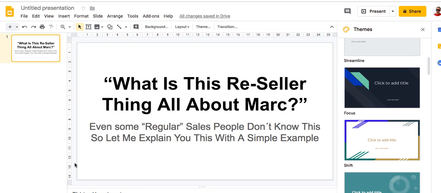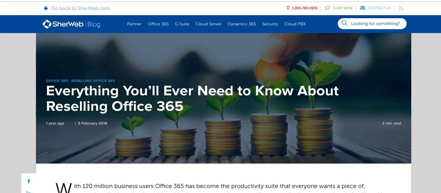So the reseller model is the most common business model when it comes to selling software, and I'd like to show you a practical example from something you probably heard of. Let's dive in. Here is a disclaimer: I have no clue about this stuff about Microsoft and Office 365, but I believe it's a good example to give you an overview of how reselling works. As you may know, Microsoft is a big company which